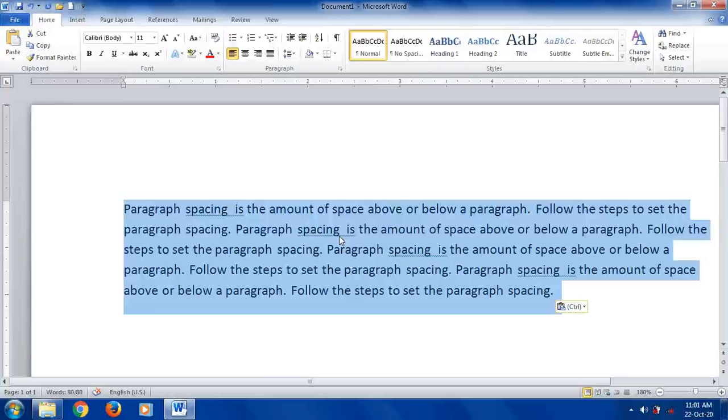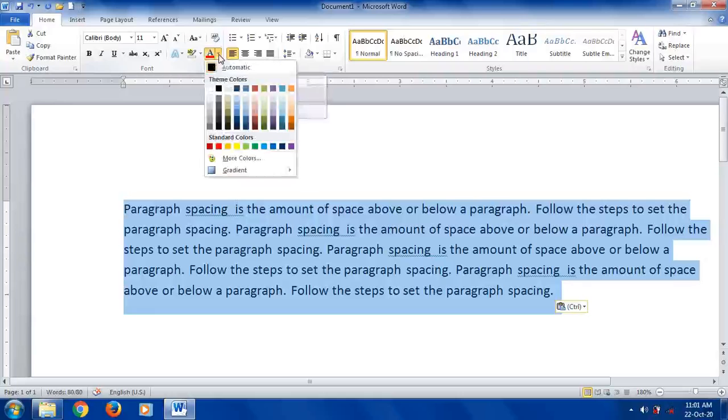After selecting the text, just click on the Home tab. Okay, now the Home tab is already activated. In the Home tab we have a font group. You can see the font group here. Look at my mouse pointer. This font group has the option of font color. This is the font color option. Here one arrow mark is given, which displays the color dialog box. You will see the color dialog box of that option.